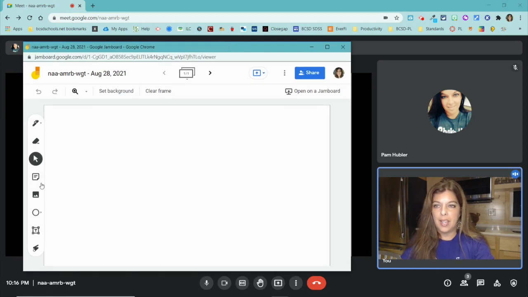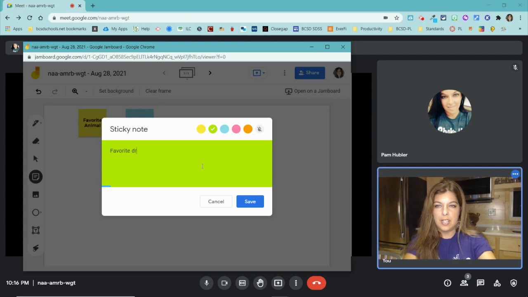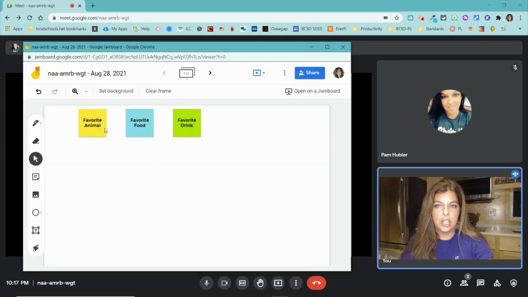And then I can go ahead and let's just say I start a sticky note, favorite animal, save. And then let's change the color, favorite food, save. And change the color and favorite drink, save. And then we cancel this. So then you can see 3 different options. And then I'm just going to, as an example,